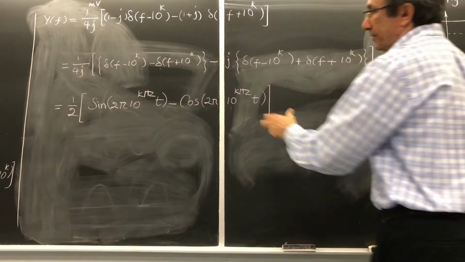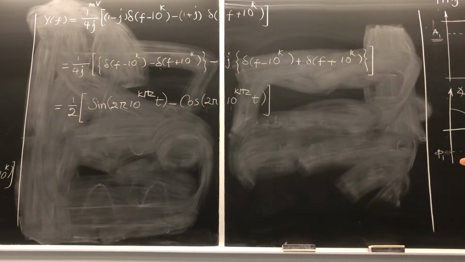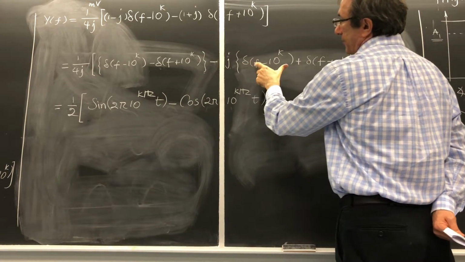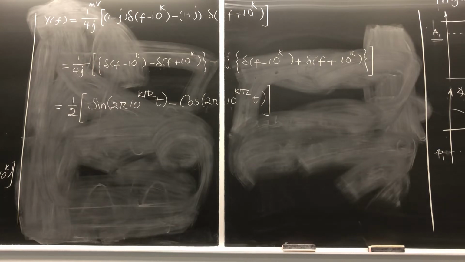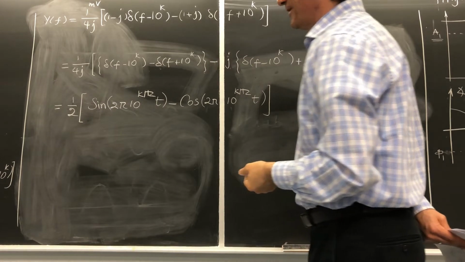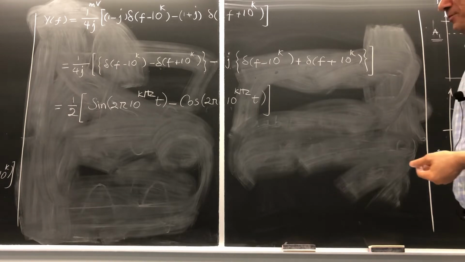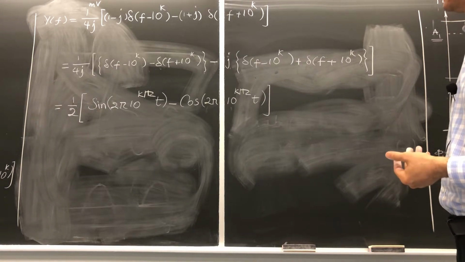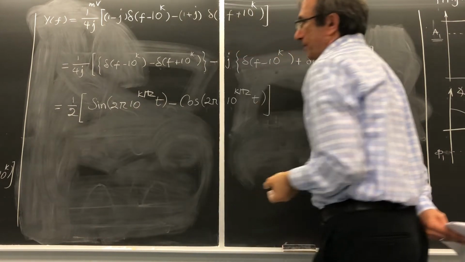What is a cosine? Fourier transform. It is 1 over 2 times delta of f minus f naught plus delta of f plus f naught. Sorry to bother you with something you tried to forget, but now in this course we do need those Fourier transform pairs. Now the only thing that remains is to make this